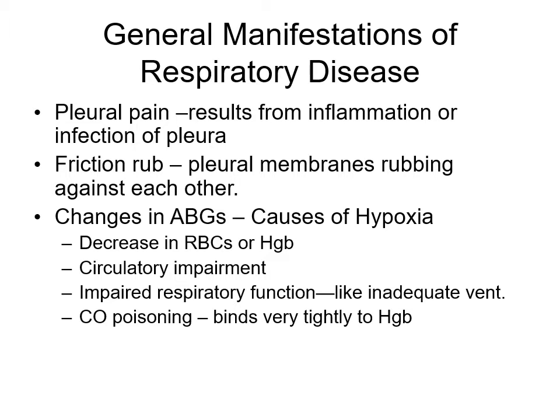Circulatory impairment is called ischemic hypoxia. And so the water that the boats are on, they're stuck. They can't get anywhere because the circulation is impaired, something that you see in congestive heart failure. Okay, circulation problem. The third one is impaired respiratory function. So this would be like